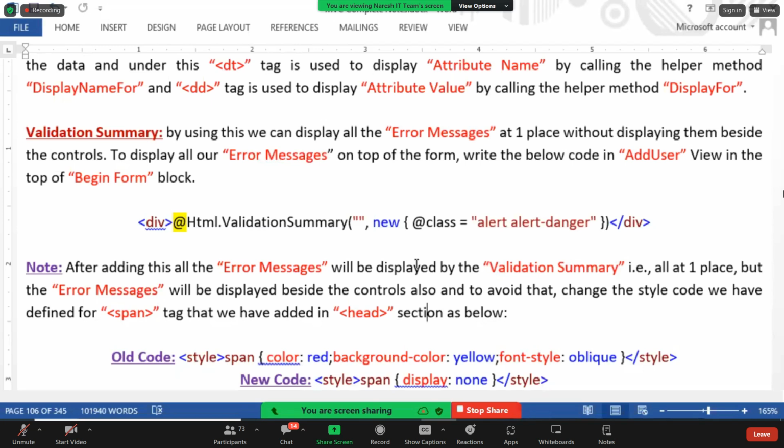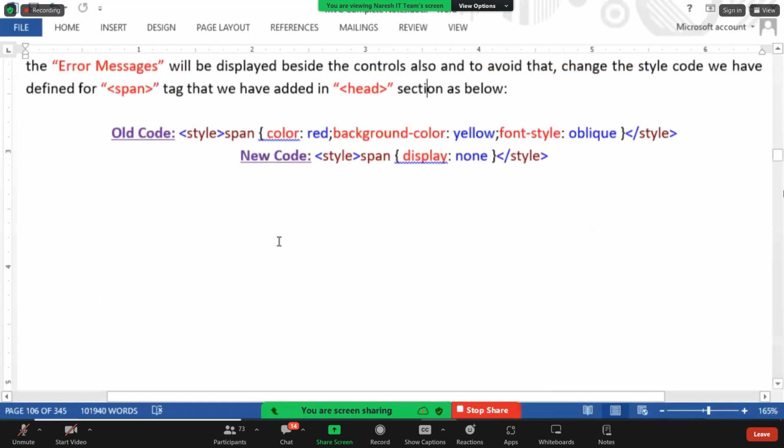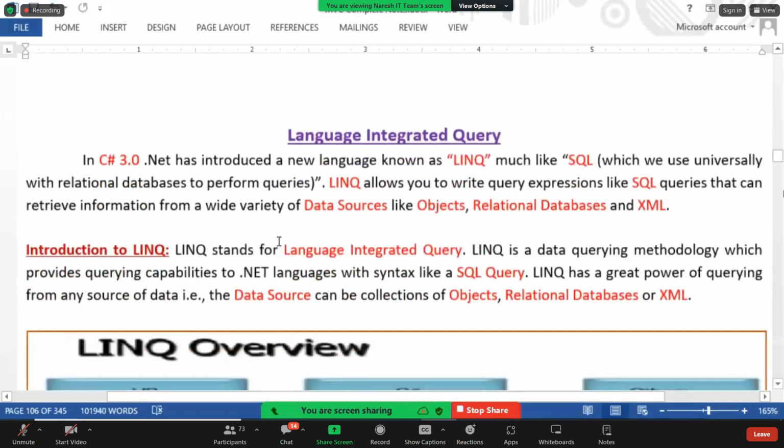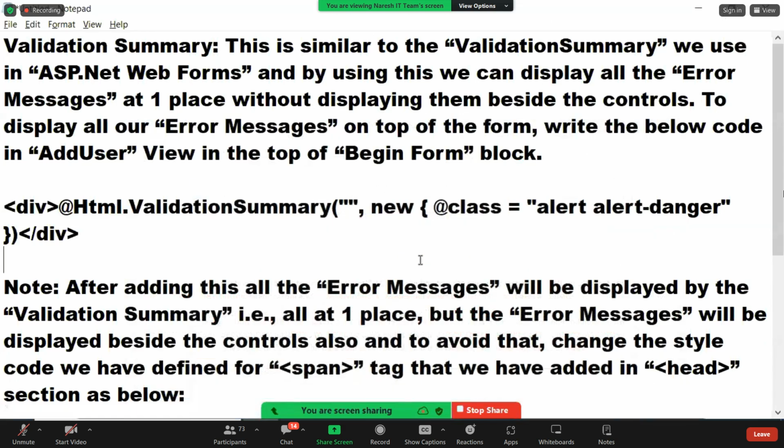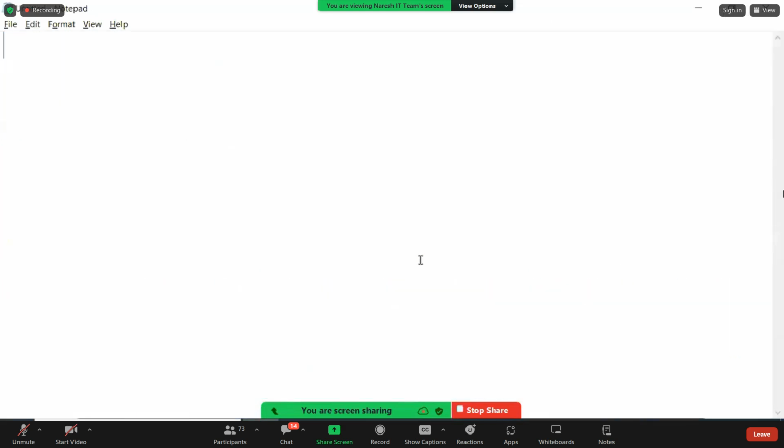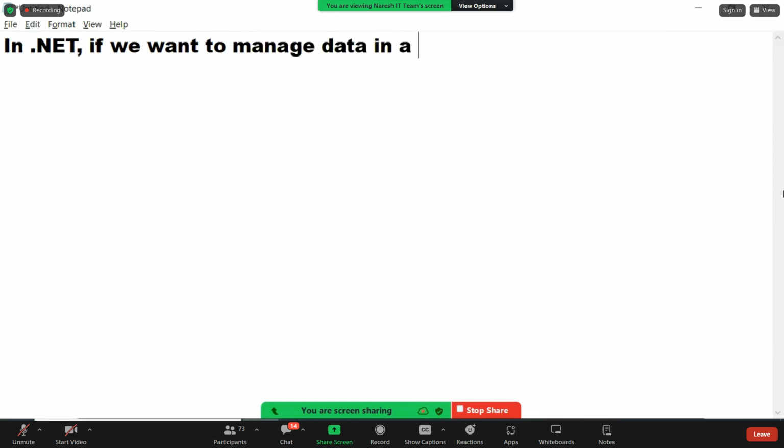So our discussion now is all about how to save the data to a data source. Guys, listen. In .NET, if we want to interact with or manage data in a data source,